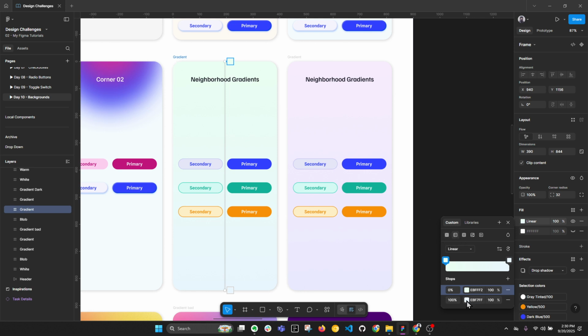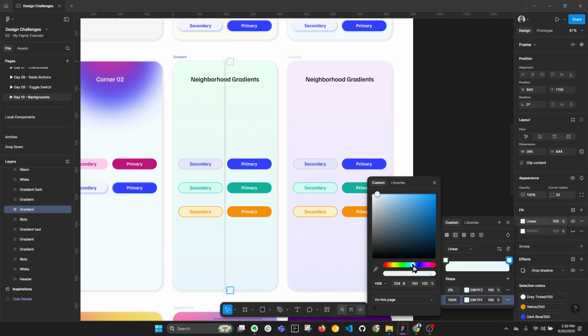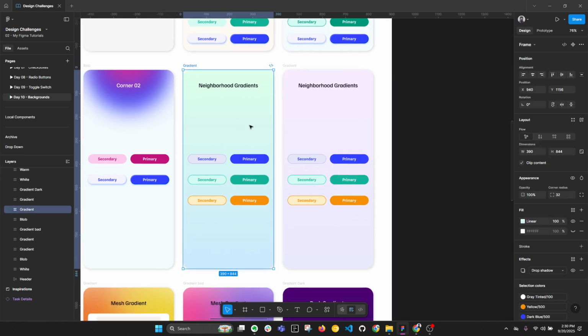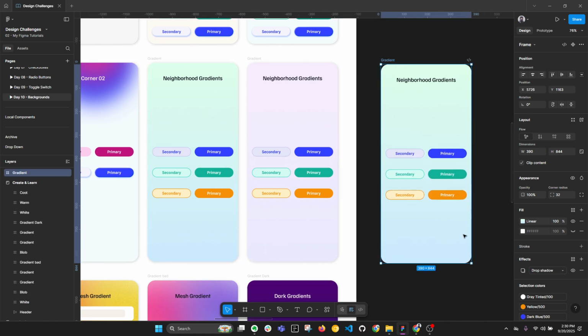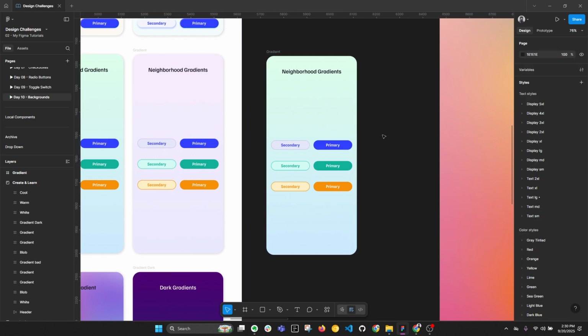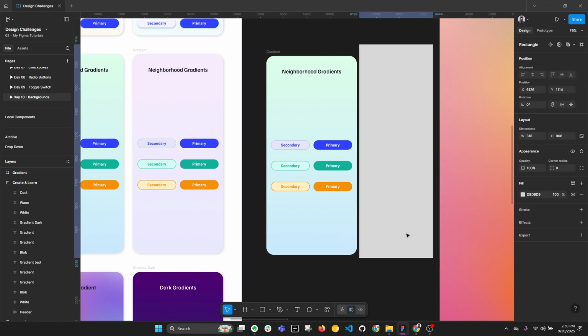So here we apply the gradient, and we can see that the bottom is blue. Let me show you by making it a little darker. And here we have this green. So awesome. You see, this is blue and this is green at the top. Now what you will have to do is, in the screens that go bigger, we don't want to stretch it, so we will have to apply another